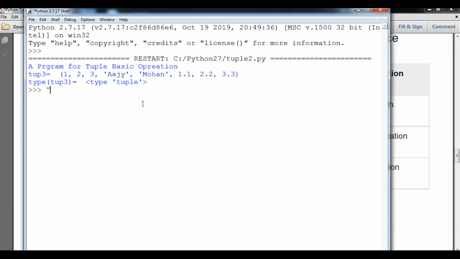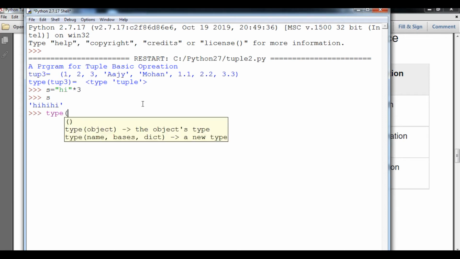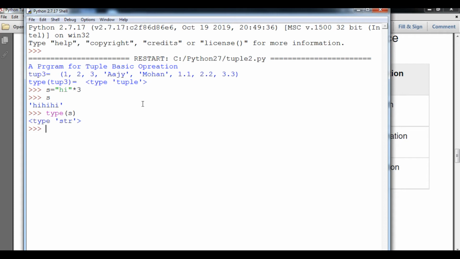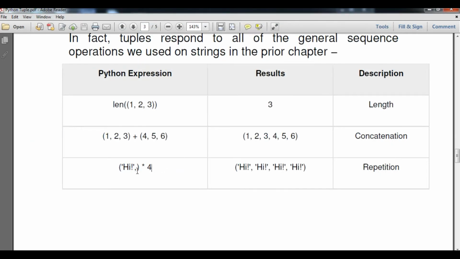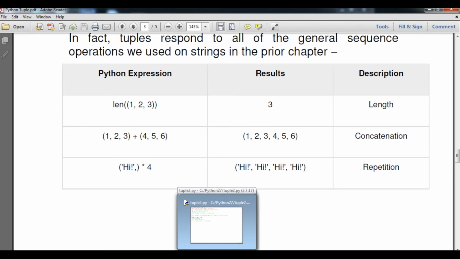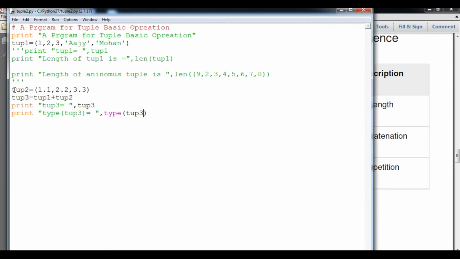Suppose that I will show you, here is a hi, and then I will print it 3 times, or I will say a variable s equals to this one thing. So if I just print s, this will print 3 times, and then I will check the type of s, definitely string this time. Why? You can see here I do not use a comma. Whereas if I place the empty round bracket, after that a comma, what will the output be? I will comment this code out, because I don't want this particular command to be part of my program.